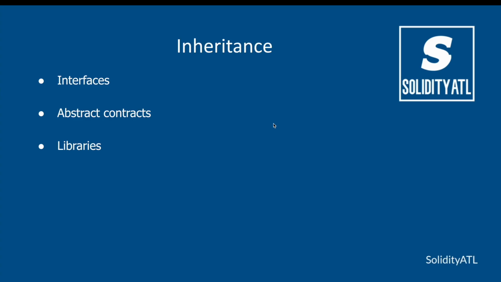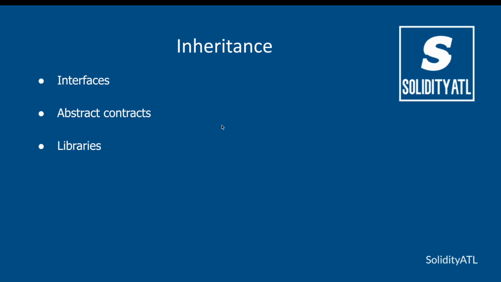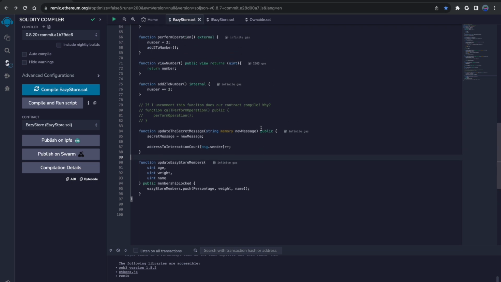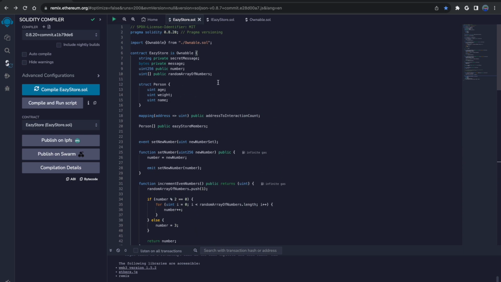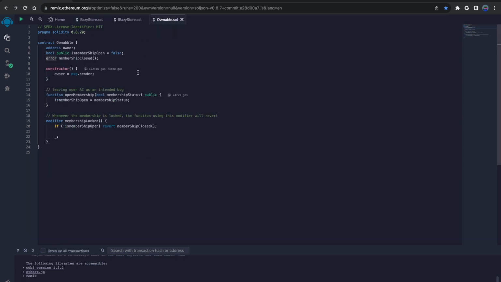So the last thing we're going to go through in this module is inheritance. For those of you who don't know, inheritance is when you're able to use another contract inside of a new contract. I know that sounds a little confusing, but let's take a look at it here. We have our Easy Store contract that we're familiar with, and then we have this ownable contract.